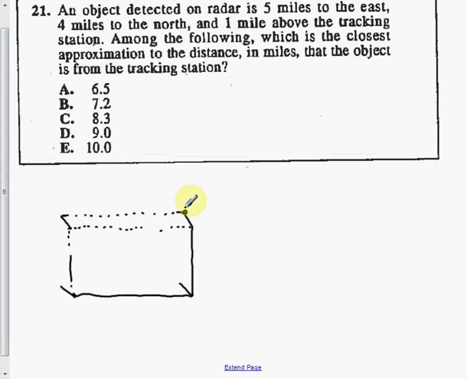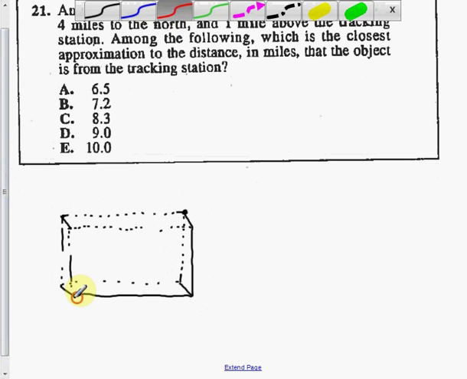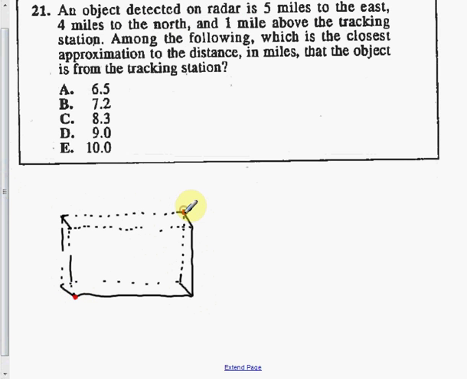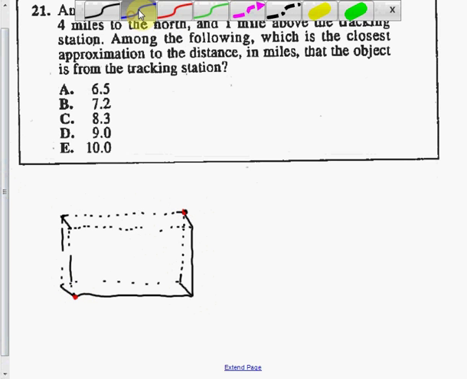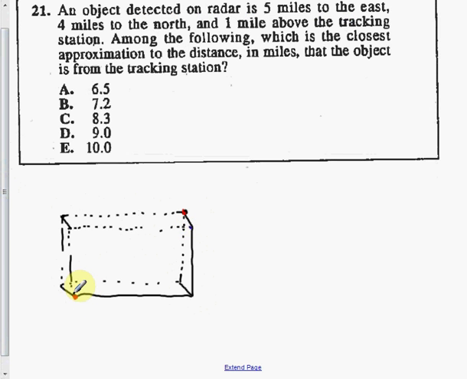So we're there at that spot. So we started, let's put that in red. We started here. You want to end up there. So from this point to this diagonal in that corner over there,